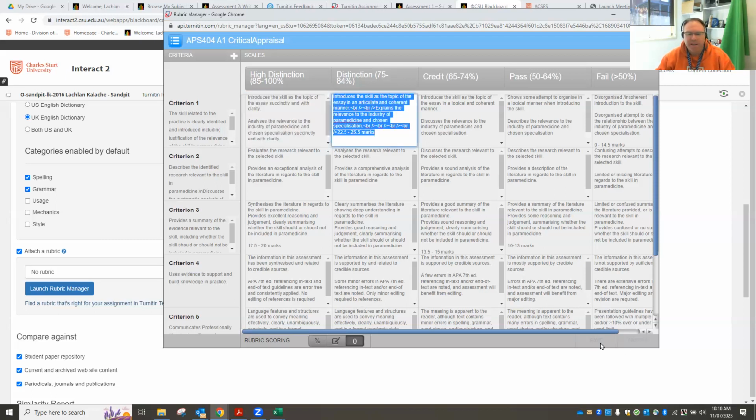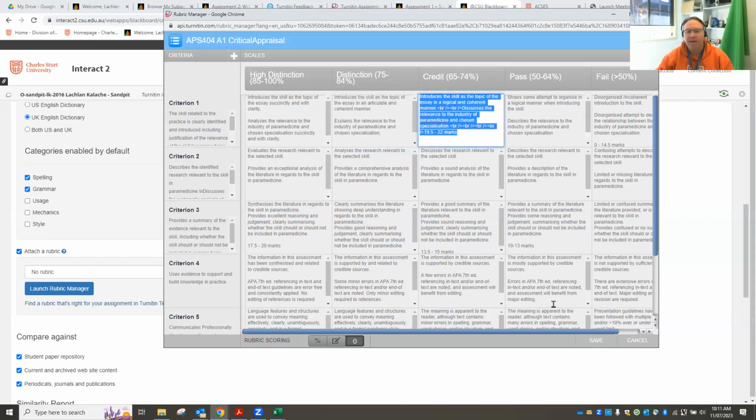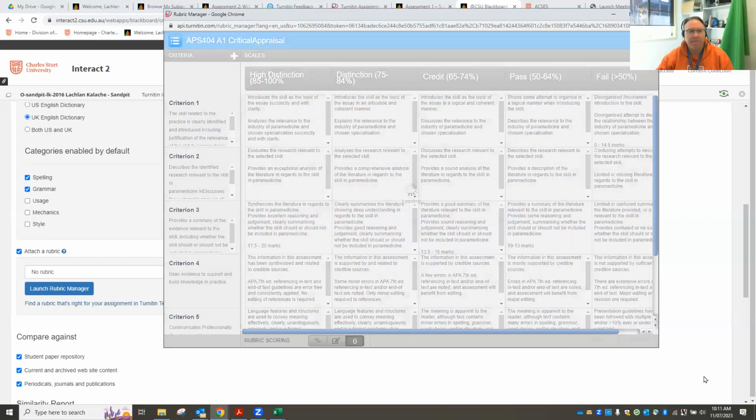Before you can see the save option down here in the bottom right-hand corner, which is what I need to be able to start using the rubric, you have to make one change in here. This is part of Turnitin being fussy. One change, any change, even putting in a space in one of the cells, then click somewhere else. And now the save has highlighted, so I can save. I don't have a reason for why it does this, just Turnitin is really fussy. Hit save. And that rubric is now ready for me to use. So I can close the rubric manager,